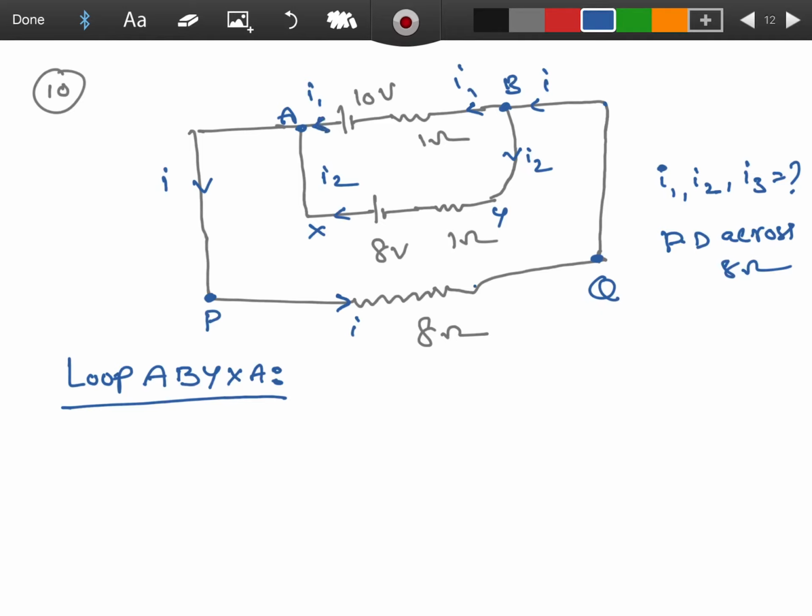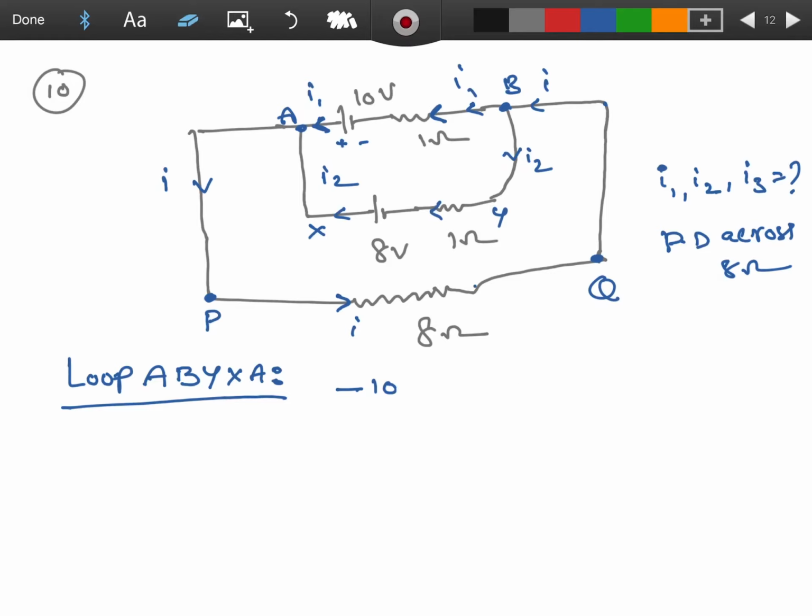A to B, you are going in the path of A to B. One 10 volt battery is there, plus 2 minus, you are going, that means potential drop, minus 10. And current is coming towards left, your motion is towards right, current is coming B to A, but you are going A to B, minus 1 into I1. Then B to Y no element is there, but Y to, like this, I2 current is there, same direction of your loop,